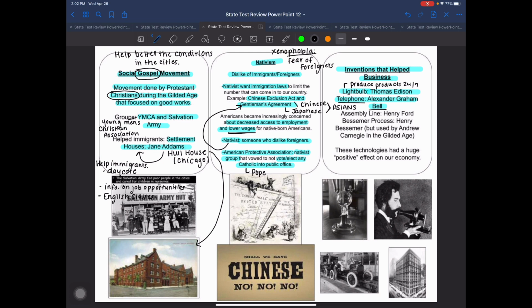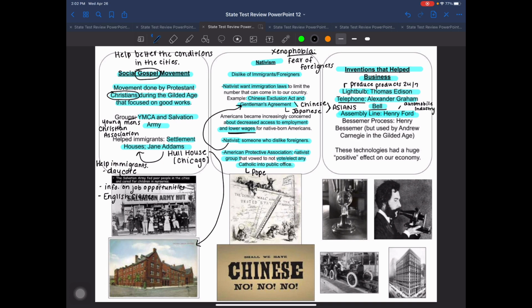A bell does. Now, the most common invention that is mentioned on state tests is probably the invention of something called the assembly line. And this is going to be invented by Henry Ford. And the assembly line is going to be first used in his industry, which technically is the automobile industry.